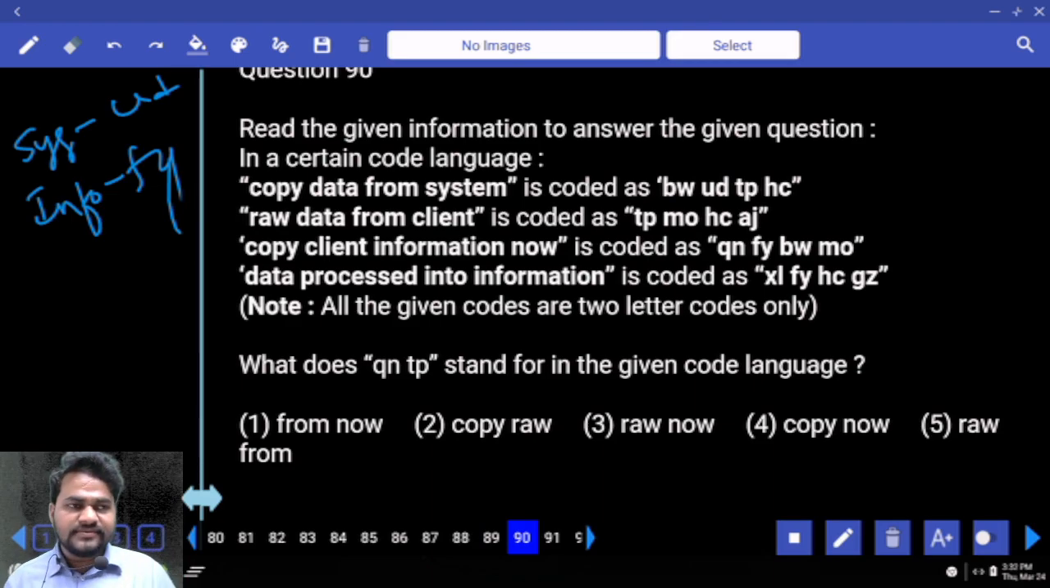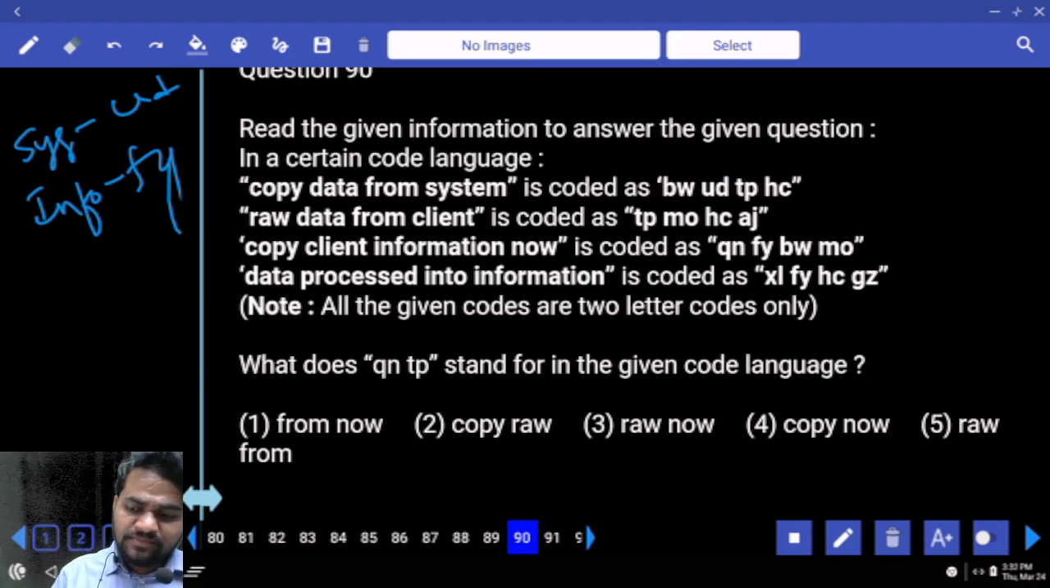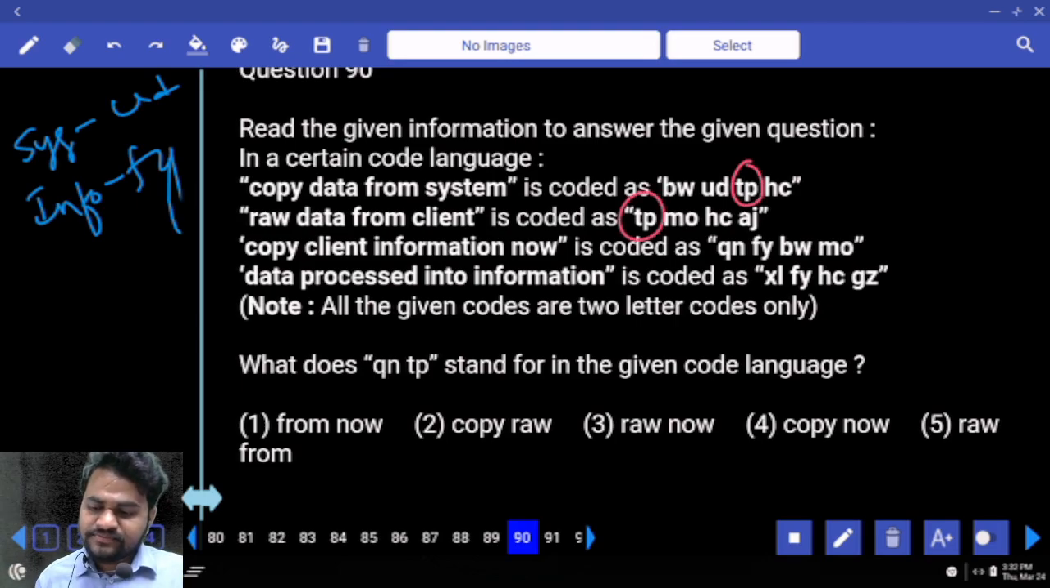90. QNTP is required. TP is available here, in the second line. Next, TP is not there in the third and fourth lines. Left side common term is